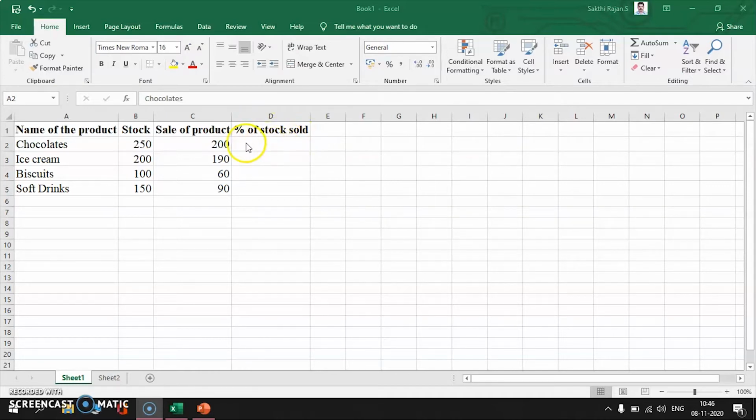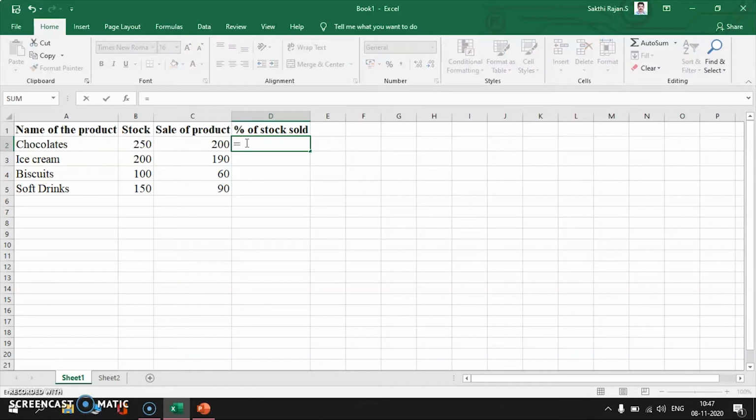To do that we have to calculate using a formula. To enter a formula we always first type the equal to sign. Next I write the cell address from which I want to start. The cell address always consists of the column name first.